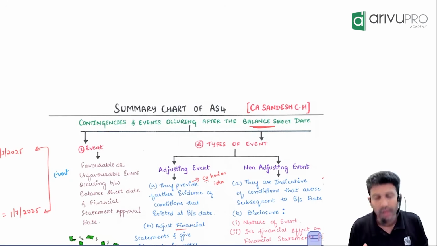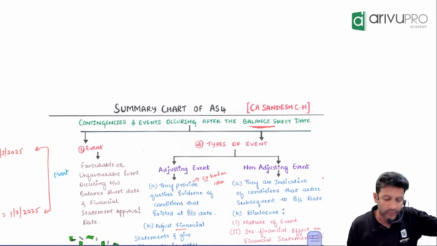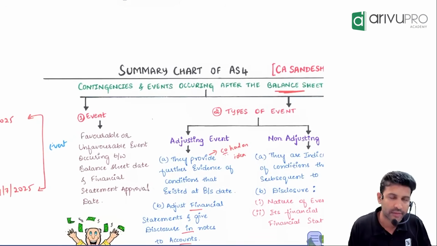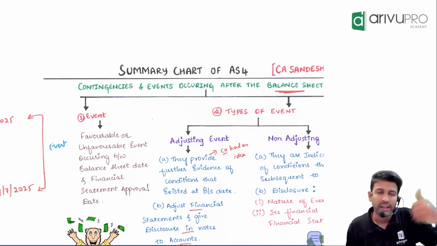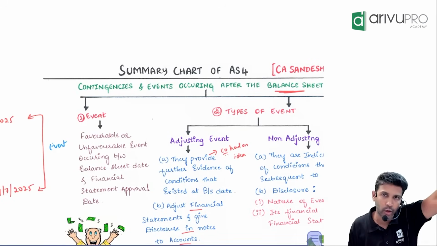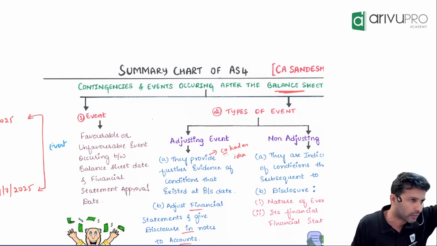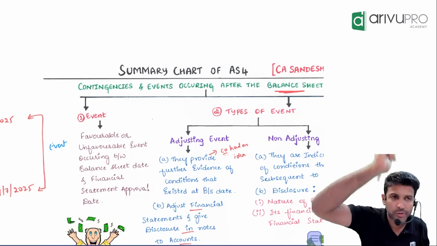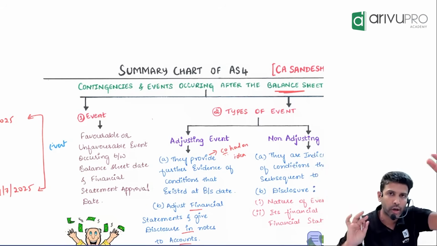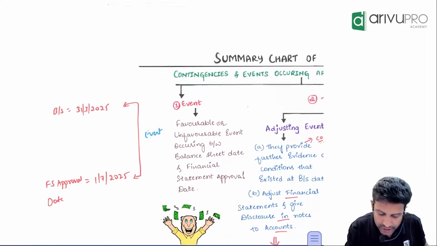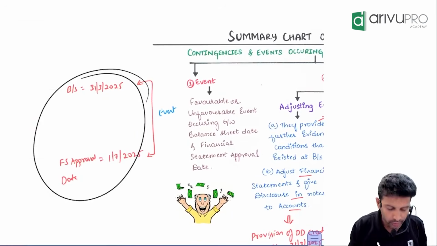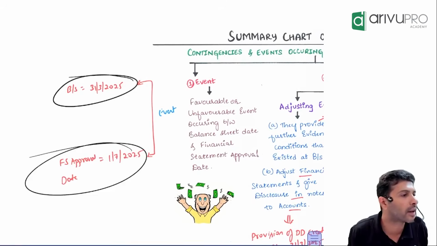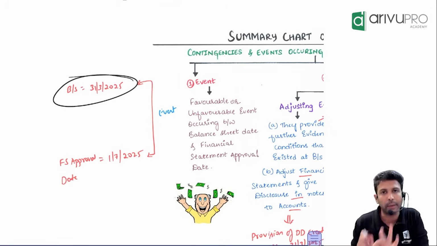Event means basically AS4 includes both favorable as well as unfavorable events. It is not just favorable, it also includes unfavorable. Events occurring after balance sheet date include those events, both favorable and unfavorable, that occur between a certain window. That window is balance sheet date and financial statement approval date. Any event that occurs between balance sheet date and financial statement approval date, only that comes under the scope